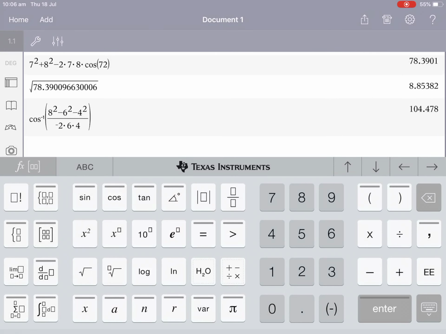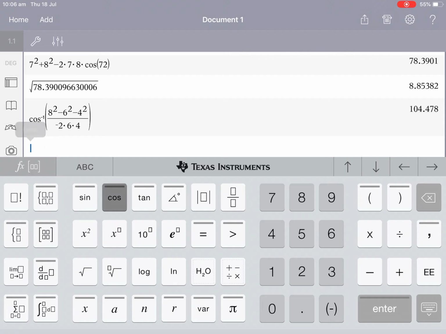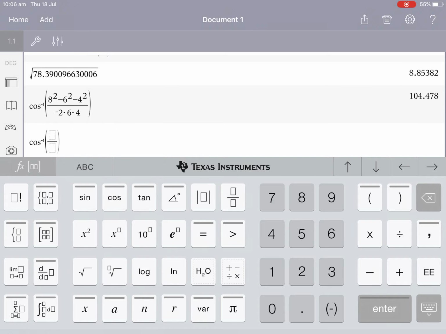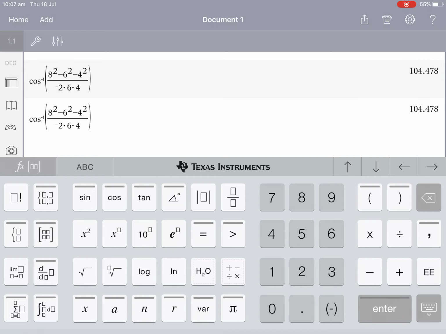So from the calculator, you can see I did this once before, but that's the equation that we need here. But let's just show you again. So I want cos to the minus 1, and I'm going to use the fraction template. 8 squared minus 6 squared minus 4 squared divided by, don't forget the negative, 2 times 6 times 4, and I need to get that as a decimal answer,